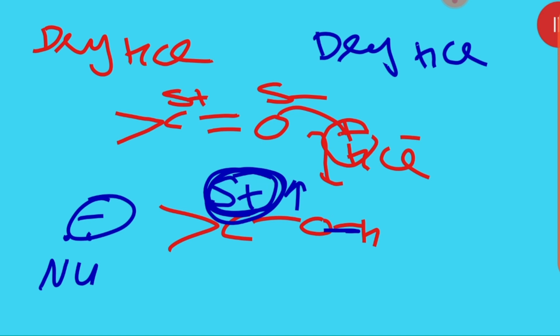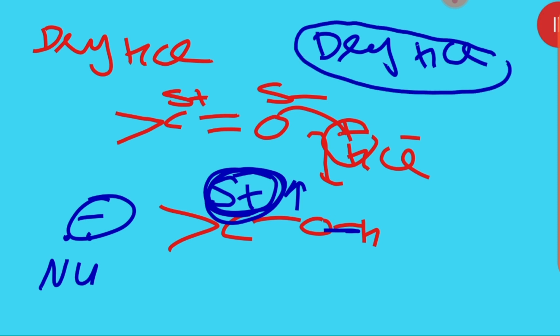Clear? Once again, dry HCl will absorb the water present in the reaction and put the reaction in the forward direction. Usually, this reaction is also reversible. It means when we treat the acetal with water, we get back the original product. I will make it for you people. You see, please, all of you.